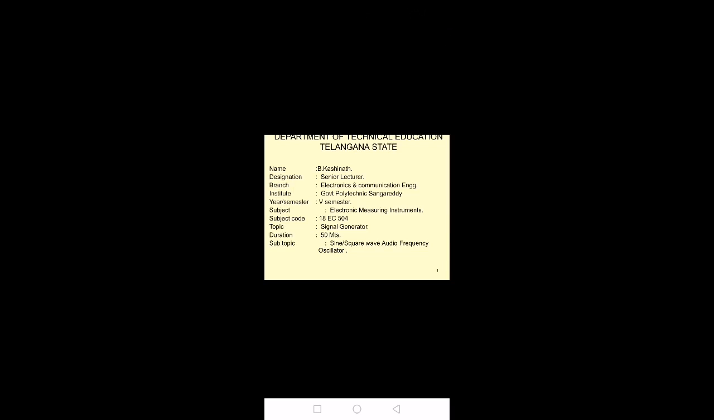Good morning. Myself B Kashinath, senior lecturer in the branch of Electronics and Communication Engineering at Government Polytechnic Sangareddy. I am teaching the subject of electronic measuring instruments, C18 curriculum. The subject code is EC504, fifth semester, and the chapter name is signal generators, and the subtopic is